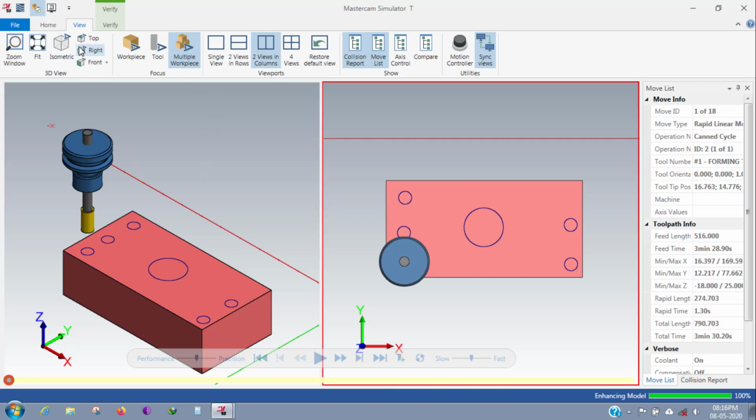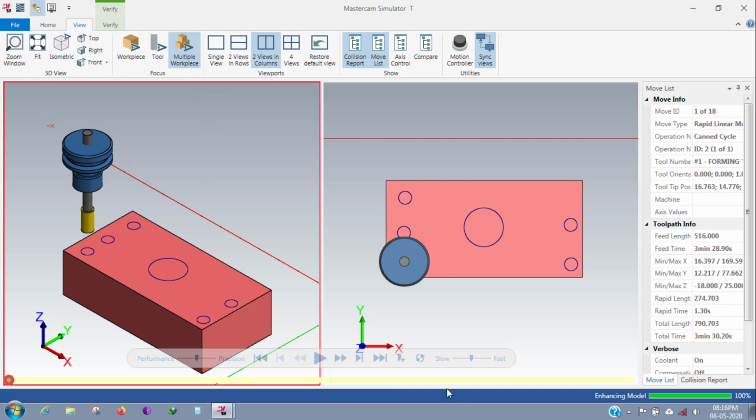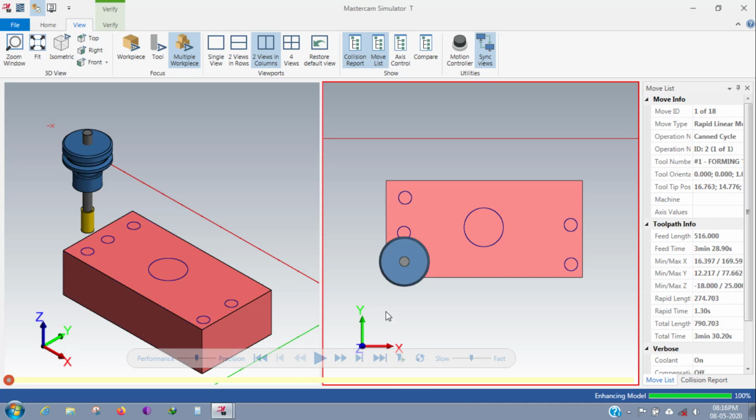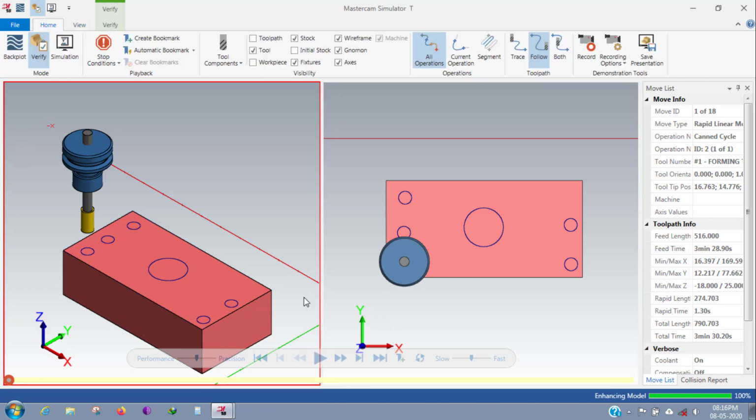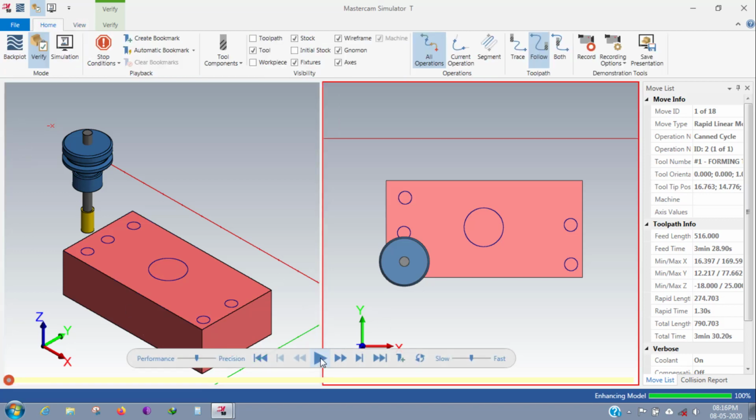I am now doing this without a drilling operation, but when you use this in a real application, you have to first complete the drilling cycle, and then apply tapping. Okay, and let's check.